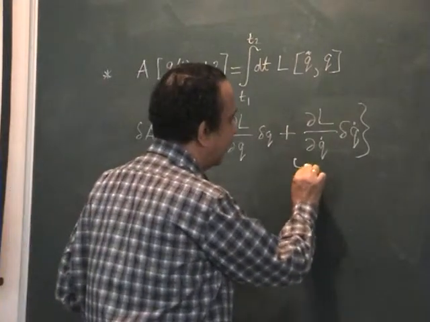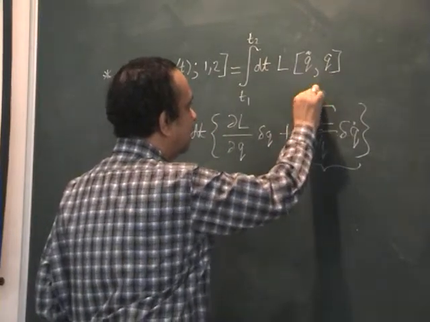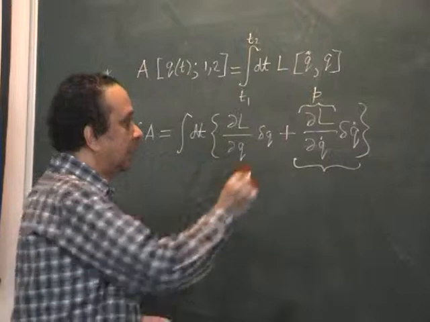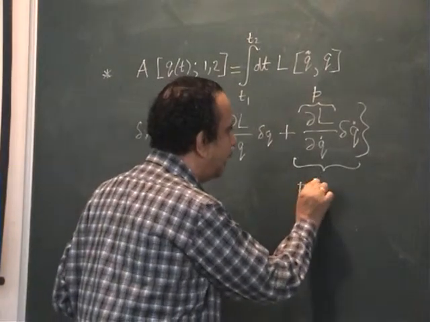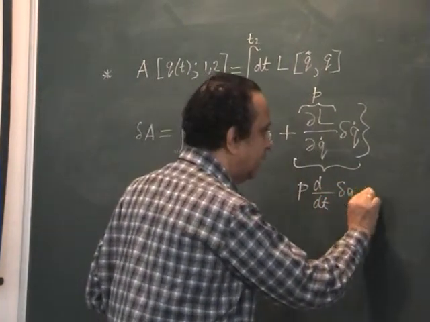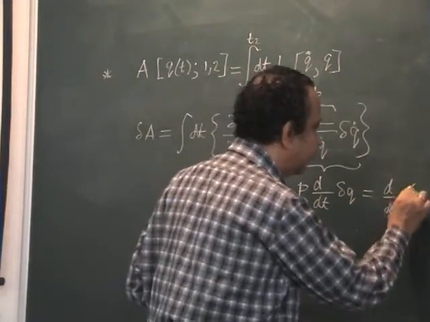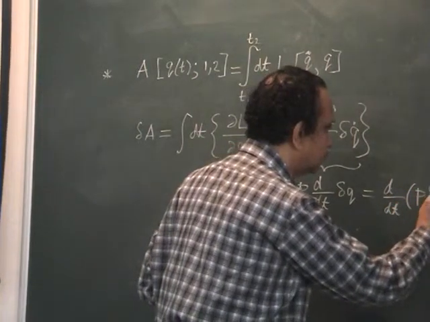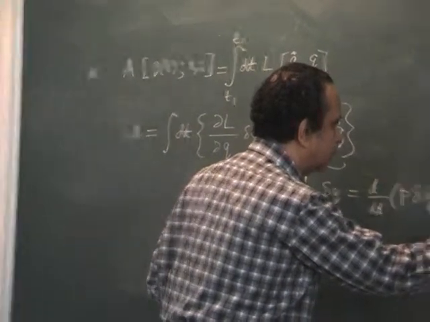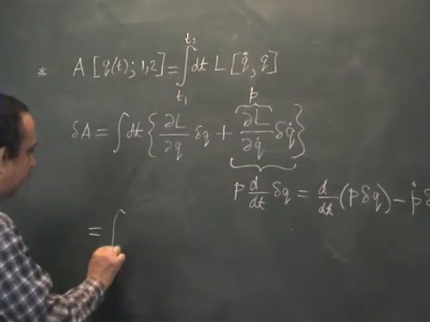So this quantity here can be written as, in the first step, first I will introduce a notation: dL by dq dot, just for convenience I will call it p, which is just a function of q and q dot. It's just defined by this. So you have p d by dt of delta q, which I can write as d by dt of p delta q minus p dot delta q. So you plug it in, the variation is going to become